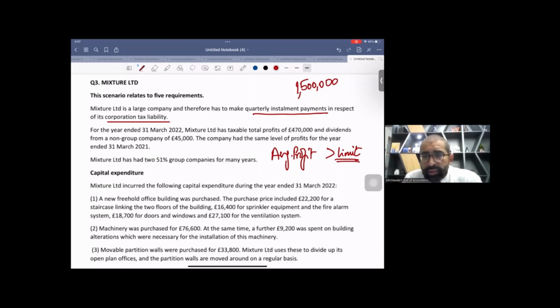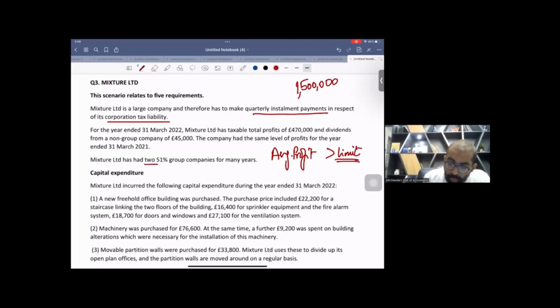So now, first, the good news is the accounting period is exactly 12 months. Open your eyes. Your accounting period is exactly 12 months. So no need to apportion the limit because of accounting period. But yes,